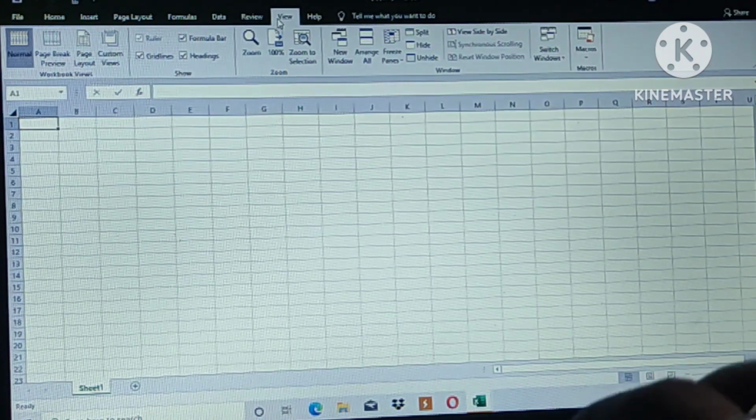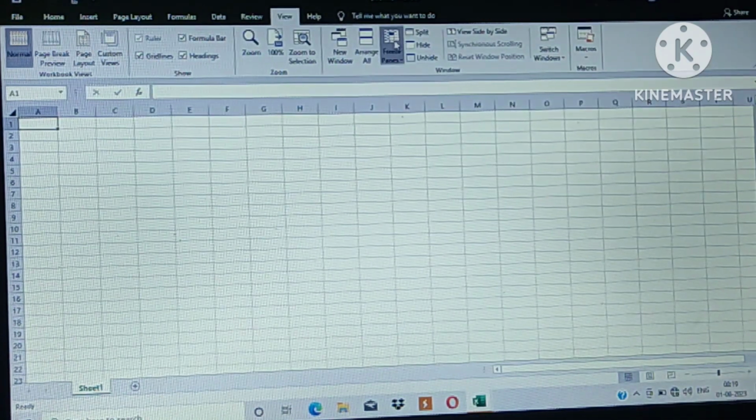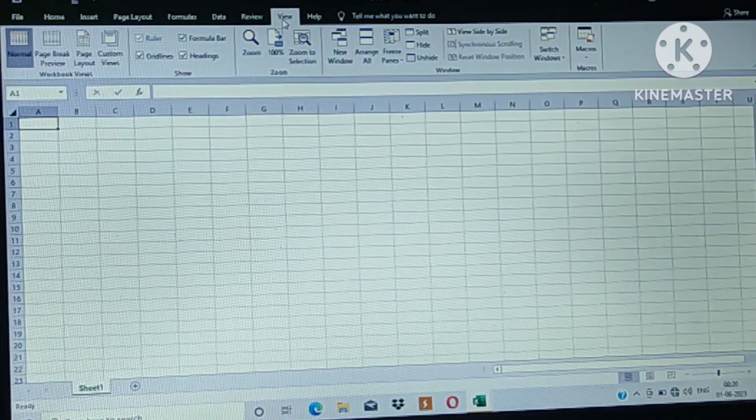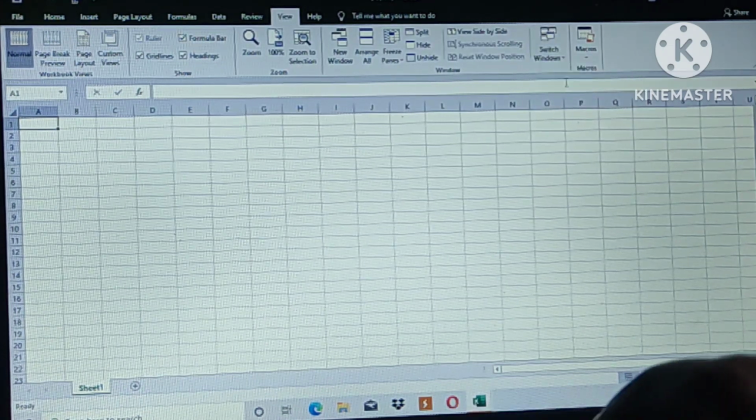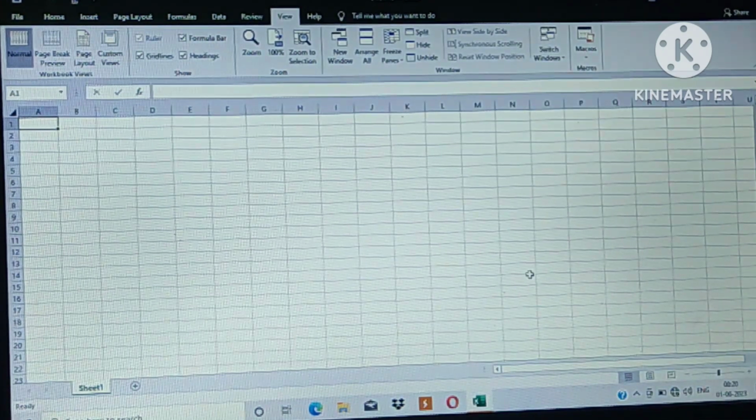You can see view option and windows, view option click, switch windows. You can see guys, switch windows option use. You can see guys. And next I teach you